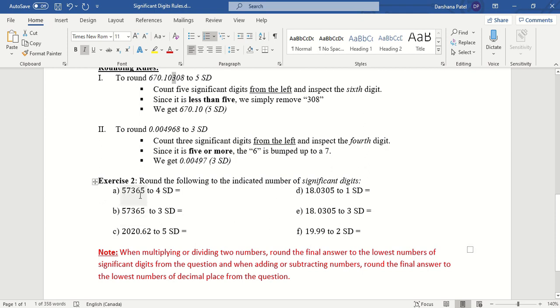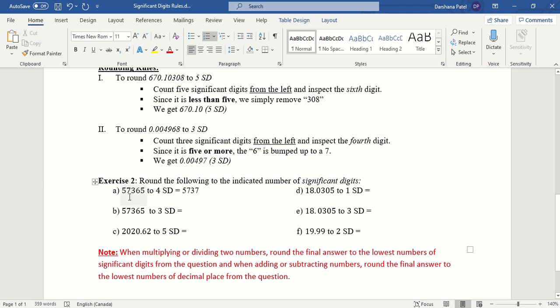So my example here, if I want to make this 4 significant digit, I look at the 5th significant digit first. So 1, 2, 3, 4, 5. Because the 5th digit is 5, I will round the 6 up by 1. So I'll make it 7. So I get 5, 7, 3, 7. So the first 3 digits remain the same and the 6 became 7. Now this is 57,365 and this is only 5,737. The number has to have 4 significant digits, but it has to be closest to this number.